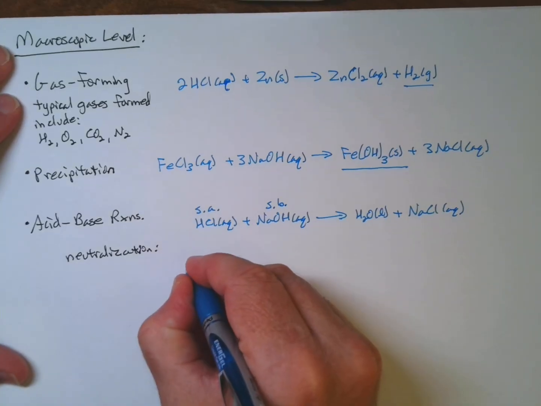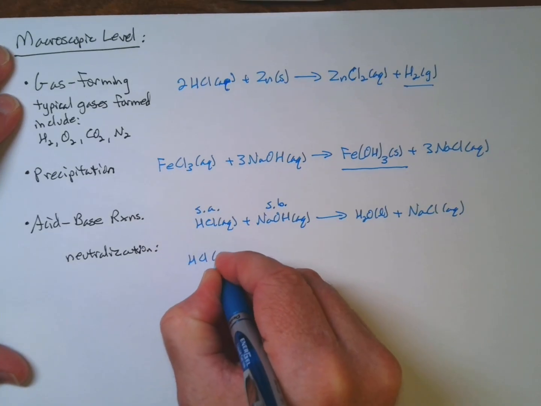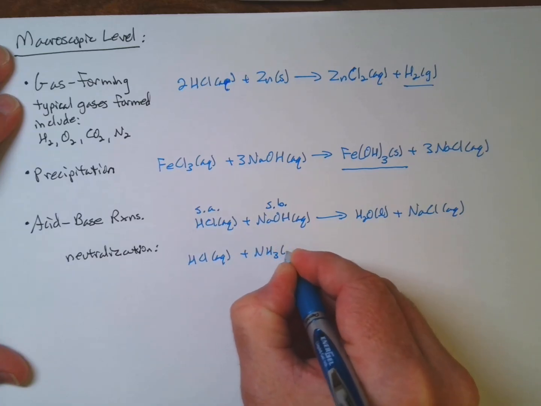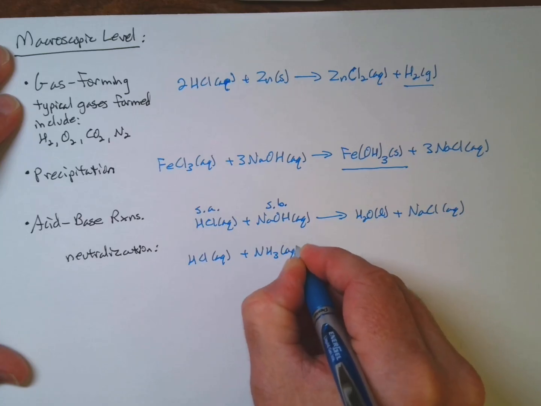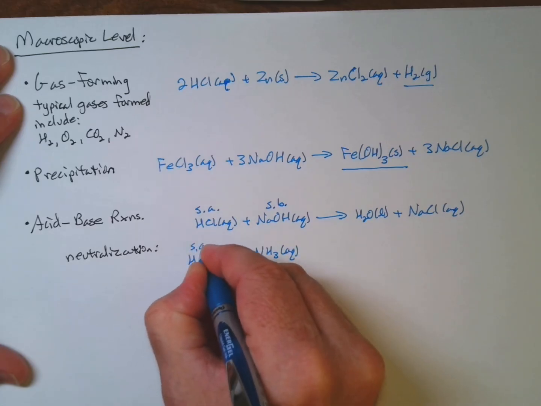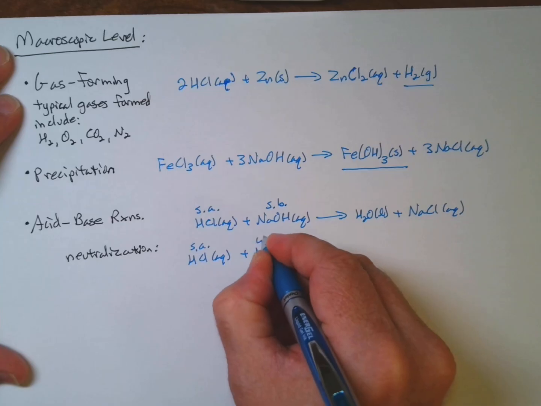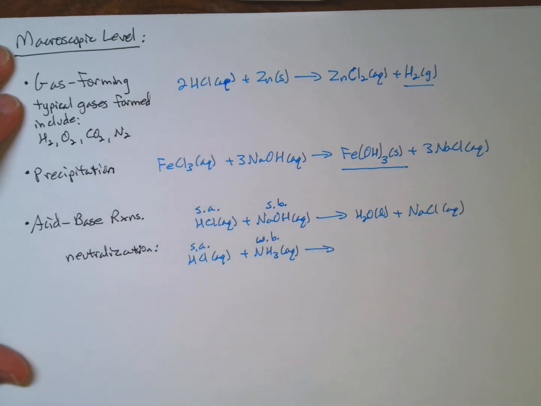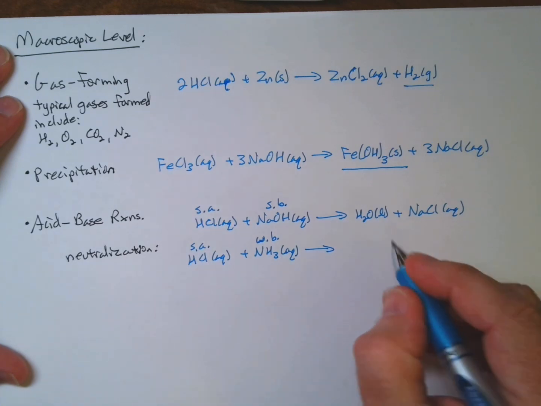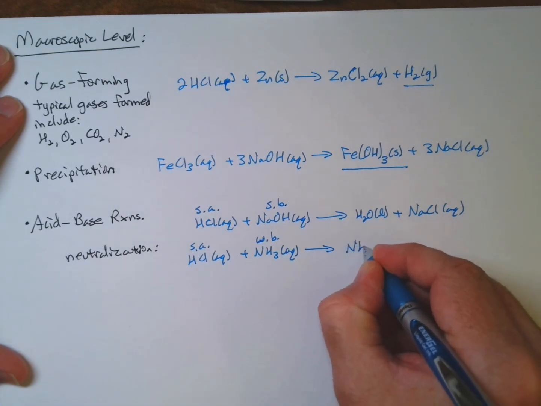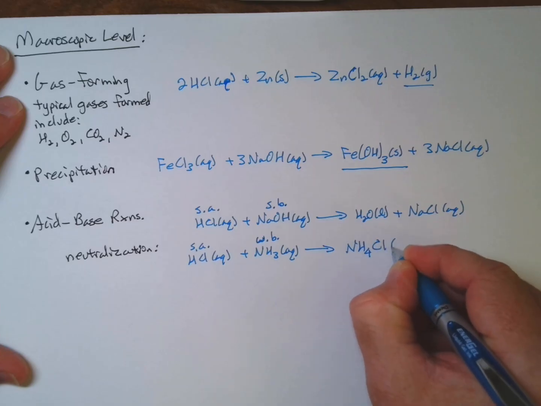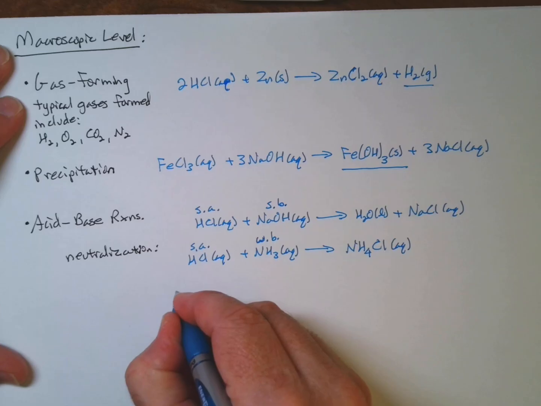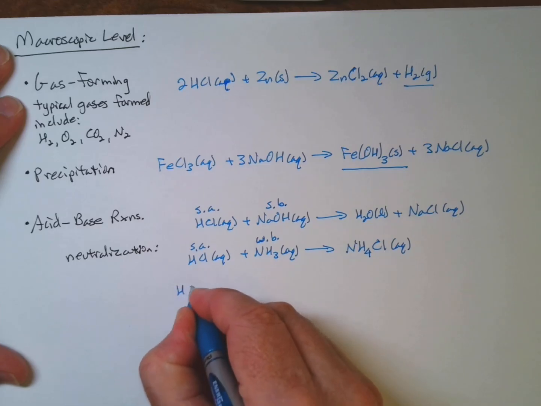We could have a strong acid and a weak base. And it still is going to be a neutralization, and we will end up with NH4Cl aqueous. And lastly, we could have